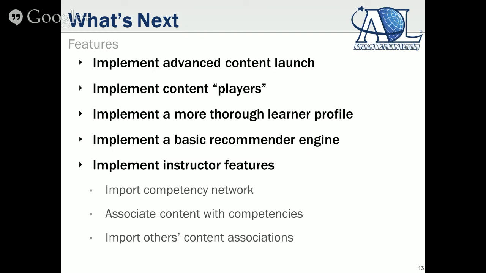And it's a bit complicated. We probably should have some pictures that show these things. And then the final thing, import others' content associations. So, I mentioned maybe I trust a professor at Stanford and all of his competency network. I like that for intro to Python programming. His content that he chose for extracurricular or informal performance support, whatever he associated. Maybe I trust him and I just want to pull in his associations. That's another thing that you can do and really save some time.